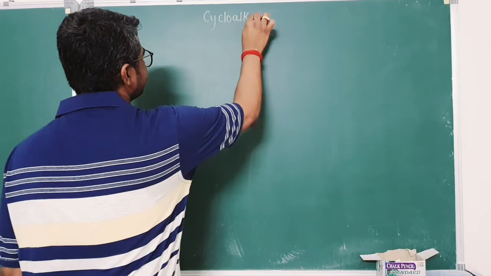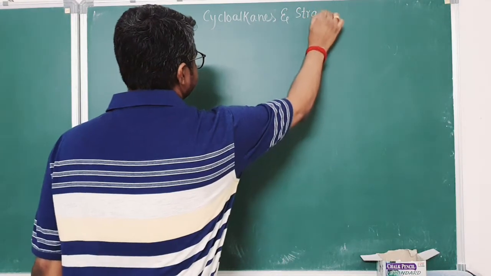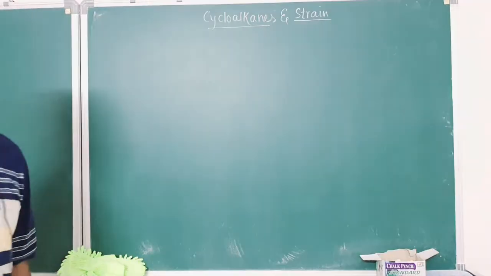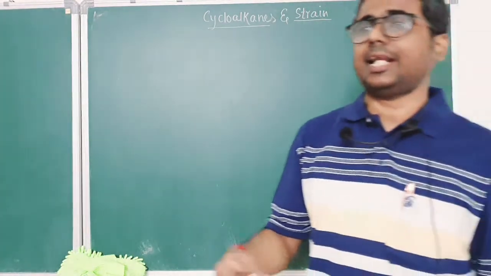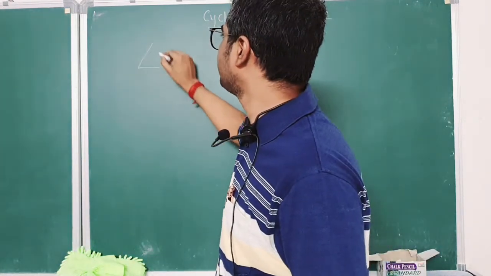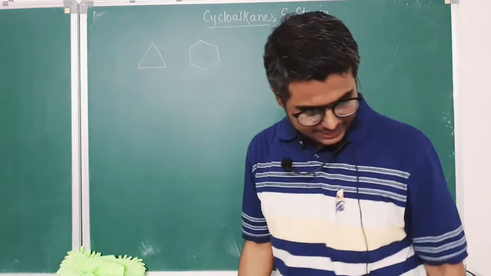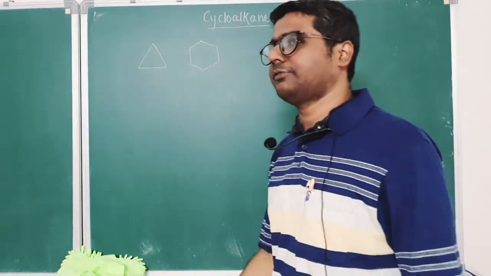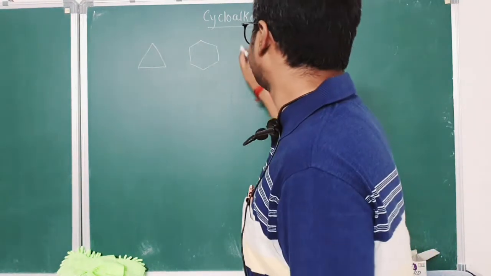So our topic is cycloalkane and strain. So when scientists started analyzing cycloalkanes, what was found? This is a cycloalkane. This is a cycloalkane. So when scientists started analyzing all these cycloalkanes, what they found is that the number of naturally present cycloalkanes are generally 5-membered or 6-membered. Okay? So it was an observation